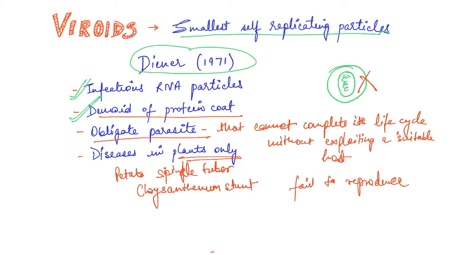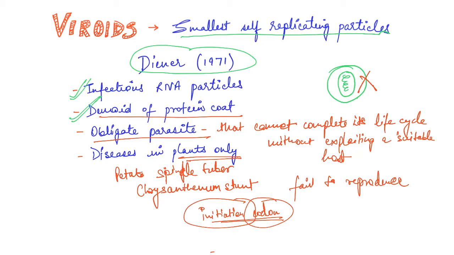Now what happens is they do not produce a protein. They cannot produce a protein basically as they don't have an initiation codon. So later in the videos you will study how a protein is synthesized, and there are certain things needed in order to code a protein. Like we have codons present, and there are initiation codons which help in initiating the generation of protein. So they don't have this initiation codon, so they cannot synthesize or produce a protein.